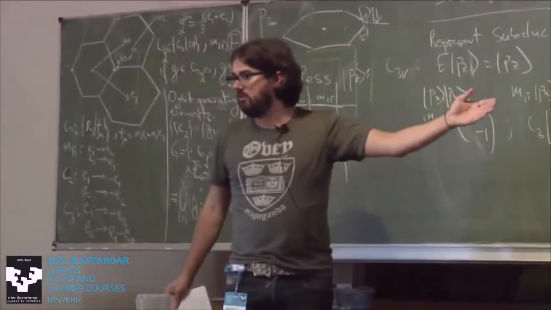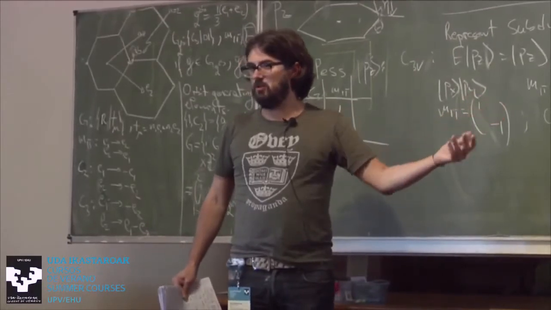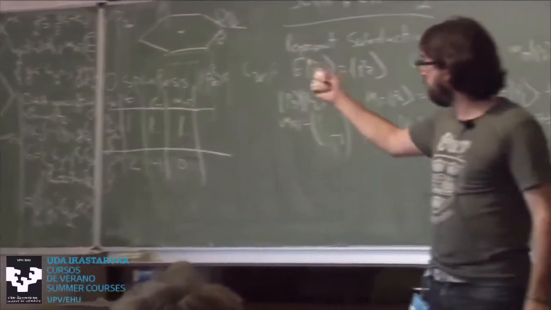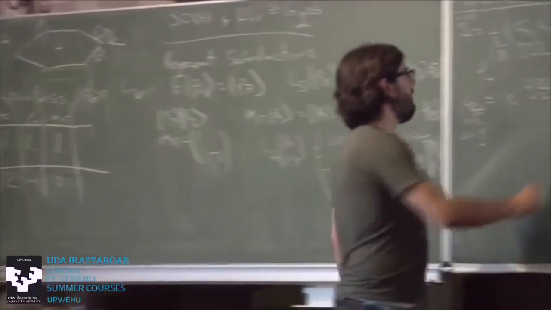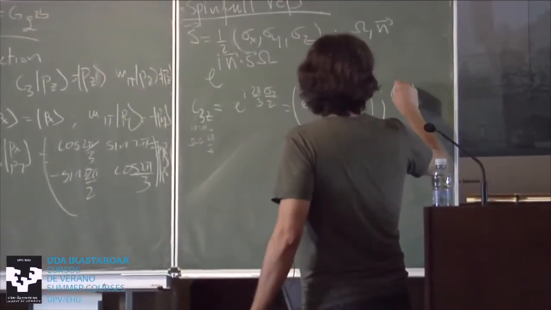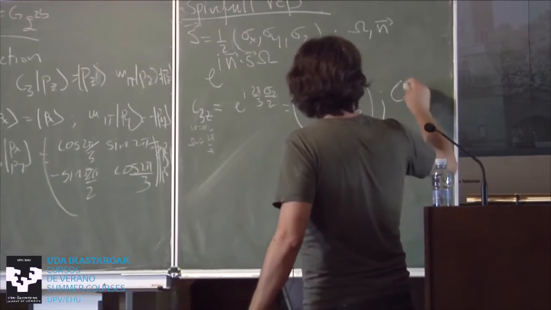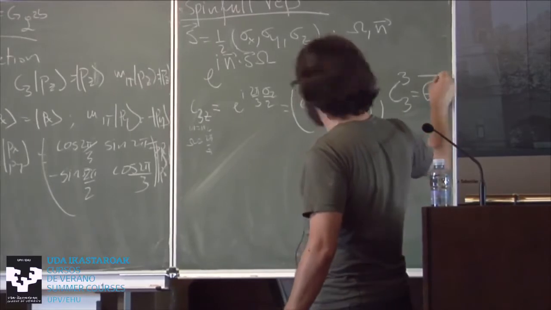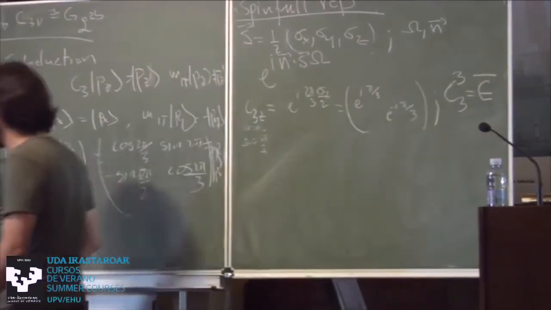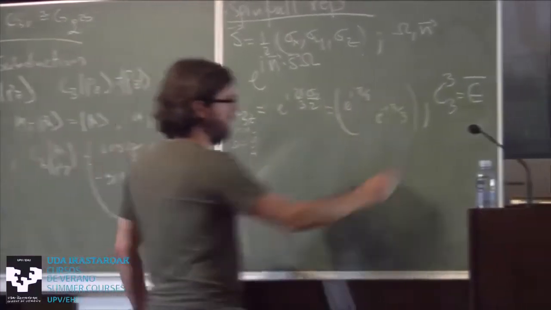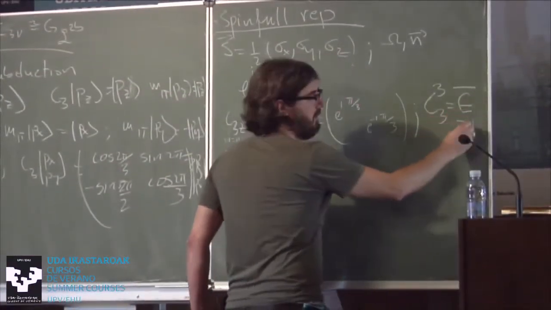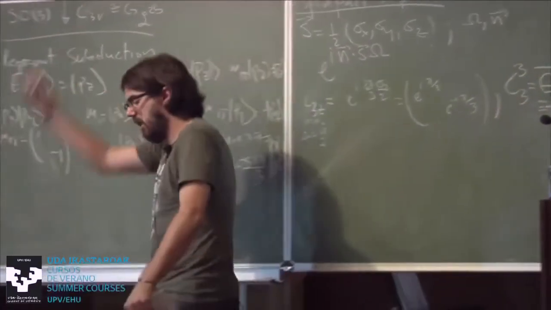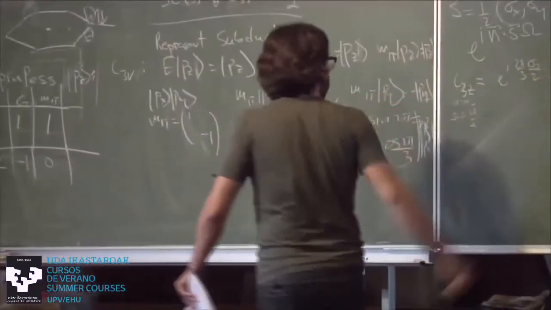What is it cubed to? What is the cube of this matrix? Minus 1, which we didn't have before in the group, right? We had just identity. So the fundamental thing now is we have to add, this is similar to what Professor Atland was saying, C3 cubed is minus 1, which we'll denote as an element by E bar. Bar means spinful. So E bar is minus 1. This is minus 1 as a representation. But as an element it is E bar. As a representation it is minus identity, however many. So here is minus 1, minus 1.